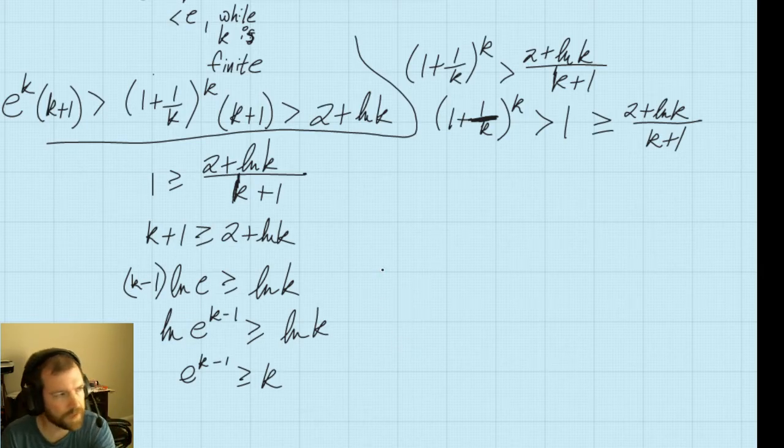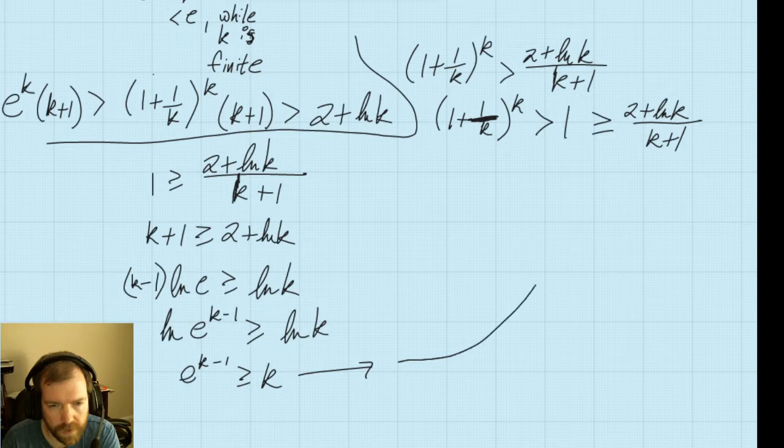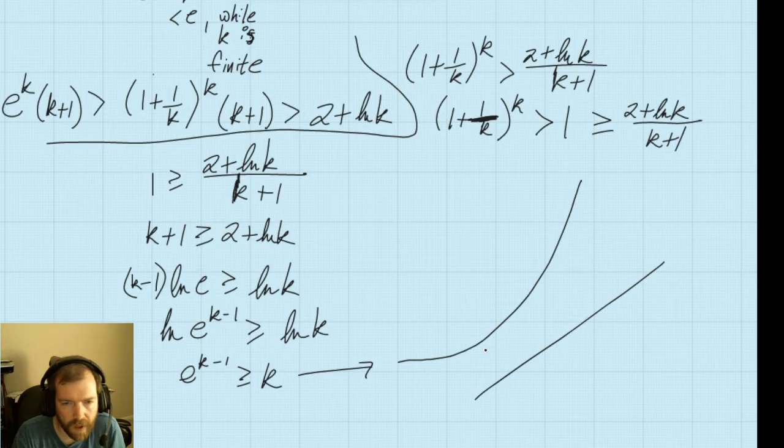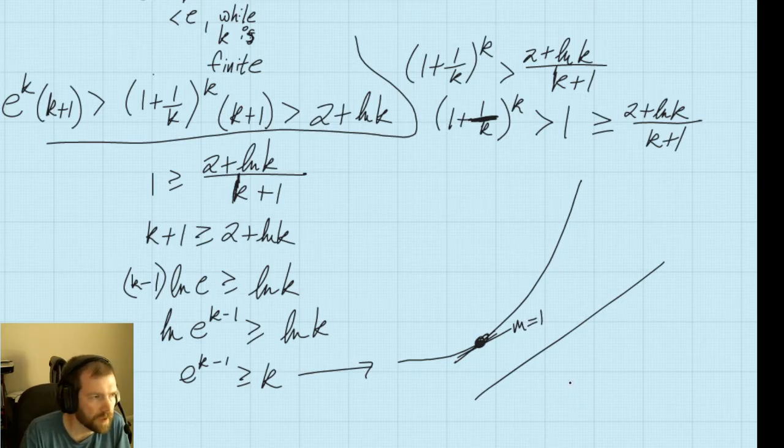Mm-hmm. I did this before. I did this on the other problem we were talking about. I want to know when this function has a slope of 1. If that function has a slope of 1, and it is to the left of this particular x value, whatever x value we find for it, then that means